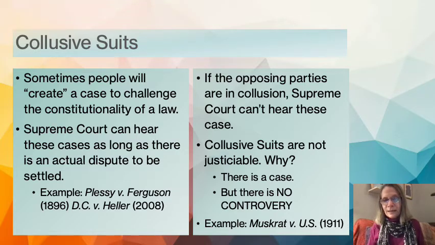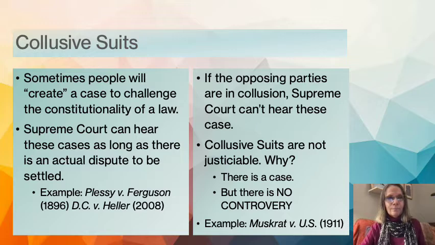That has to do with testing the constitutionality of a federal law about dividing lands, giving lands to Native Americans. And as you'll see in that case, the members of Congress wanted to test whether or not that federal law was in fact constitutional. And so they basically created a law allowing Native Americans to challenge that law, and in fact paid the court fees of Muskrat to actually sue the United States. So they were clearly in collusion, and the Supreme Court said those kinds of collusive cases are not justiciable because